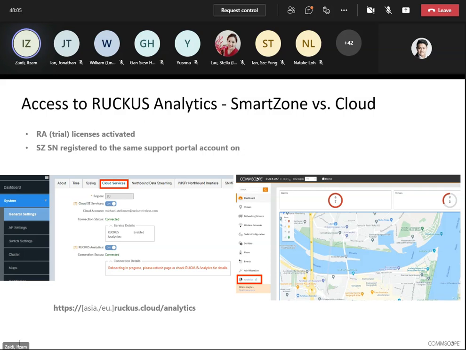And for Ruckus Cloud, you can see below in the menu, at our right side, on Analytics, if you click it, it will take you to another portal, which is Ruckus Analytics. So Ruckus Cloud integrates with Ruckus Analytics to perform analytics for your current network.